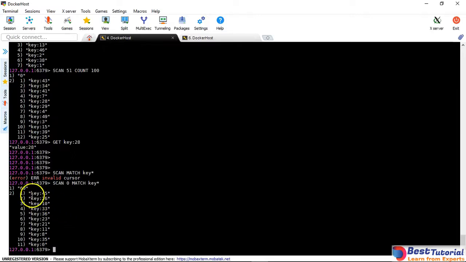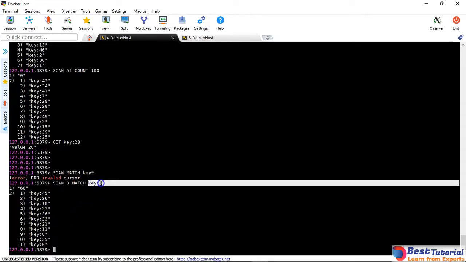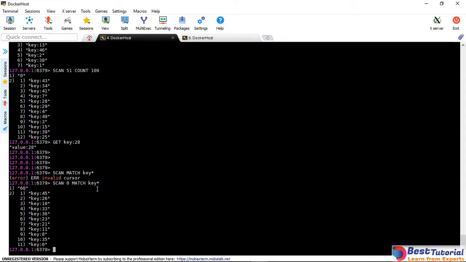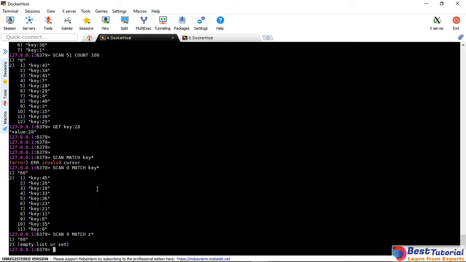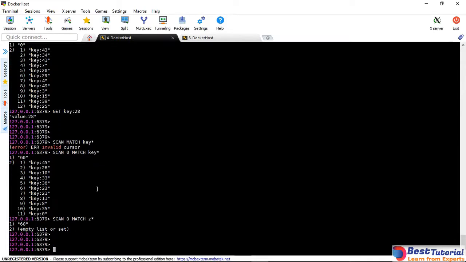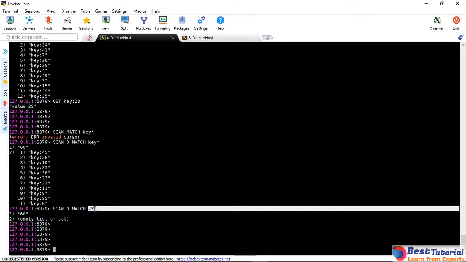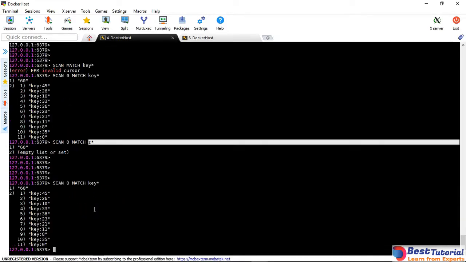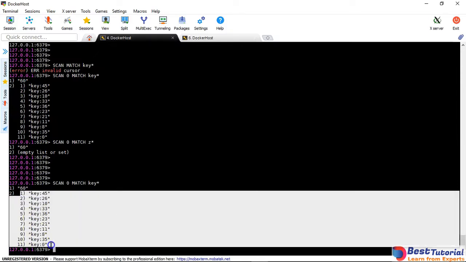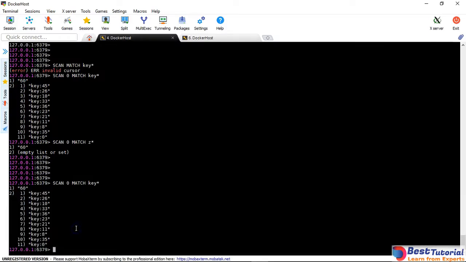Okay, so it will just return all the keys which match a particular pattern. Let's say I'll just use Z star. It returns an empty list, which means no pattern exists with this particular Z star. But with the key star, it has returned 11 values at first glance, and it is saying to use this next